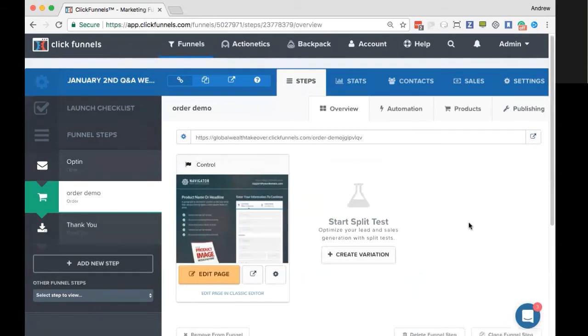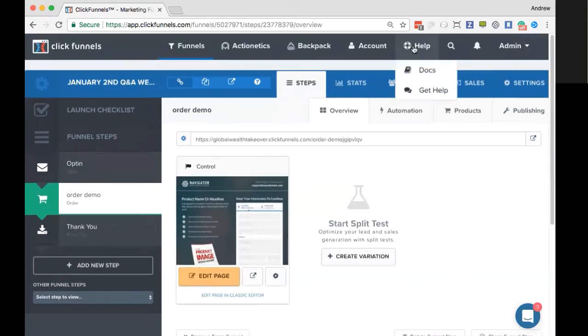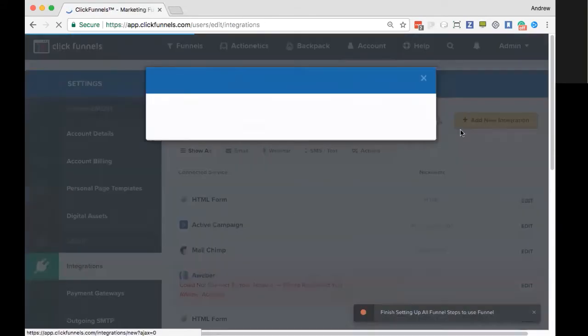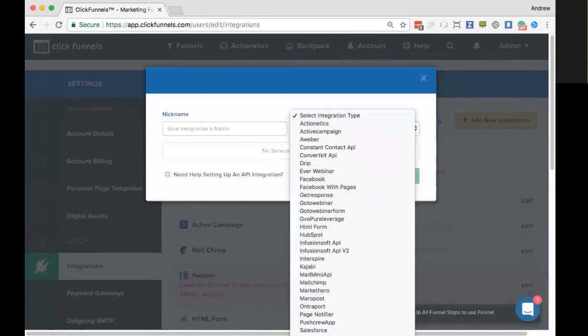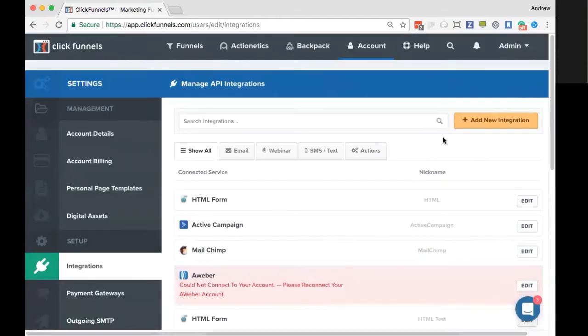If I'm not mistaken, last time I was in Zapier, I do believe that I did see a Webinar Ninja there. Now, I could be mistaken as well, but I don't think we actually have the direct integration. I'll check that now and see. No, we do not have a direct integration. So the Zapier route will be the best route to go on that one, as well as any other options that might be available inside of Webinar Ninja. I'm not familiar with their platform, so I don't know if there's another way to set it up to where you can use ClickFunnels on the front end to deliver traffic to those webinars.